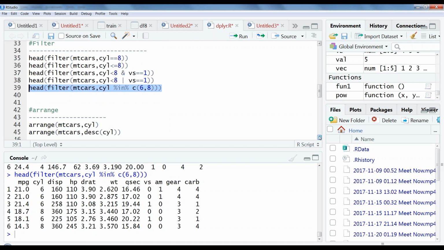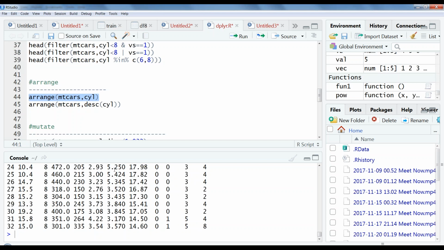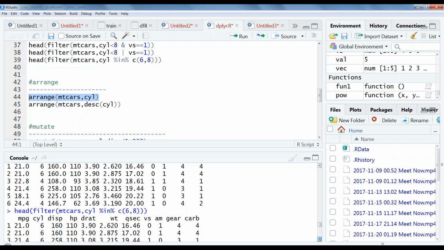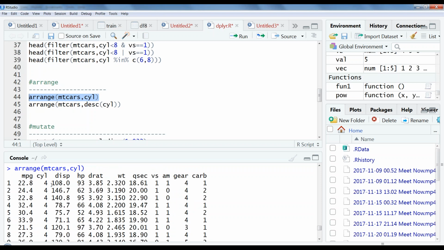Then moving on to the next option, arrange. This is like arrangement of the rows, like order by. So arrange mtcars based on cylinder. If you see here, the cylinder values are starting with 4.